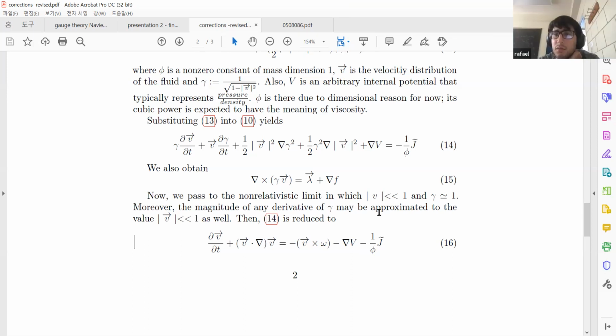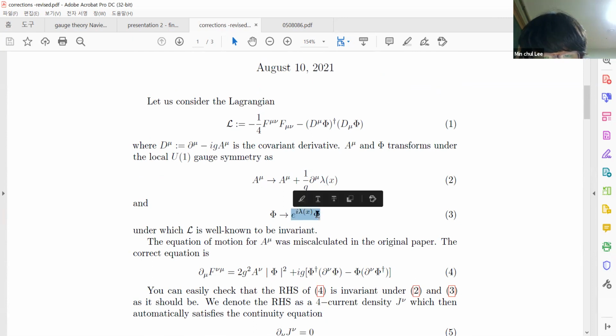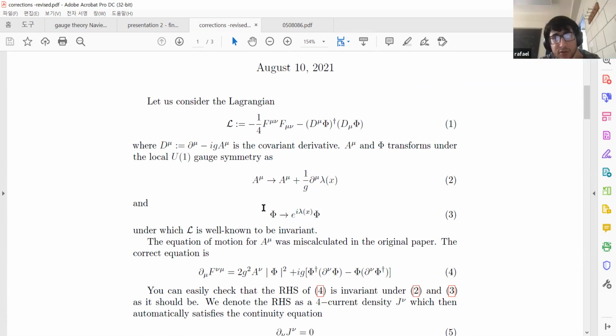In the beginning, where you introduce these symmetries, I just don't know enough gauge theory, but what does it mean that this Lagrangian has these symmetries? What does it mean for it to be invariant? If you substitute these values into the Lagrangian, nothing changes. I see. And so when you write down your equations of motion, does it inherit any of these symmetries? Yes.